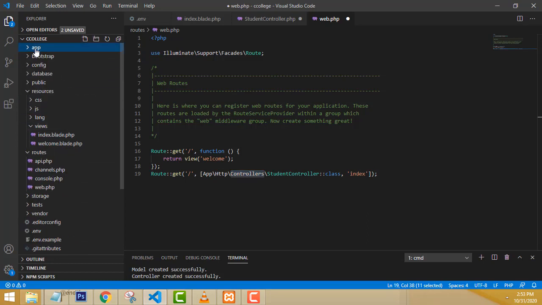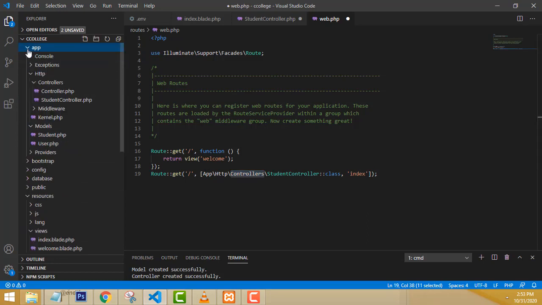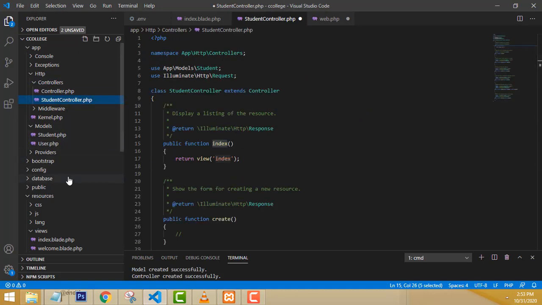In the app folder there is the Http folder, inside it the Controllers folder, and inside that our file, StudentController. That is what goes here, the controller. There is the index action method, so you go there. If you call it here, the route will work. When the page is loaded, the route calls that controller. When the Laravel page is loaded, the route is called first.